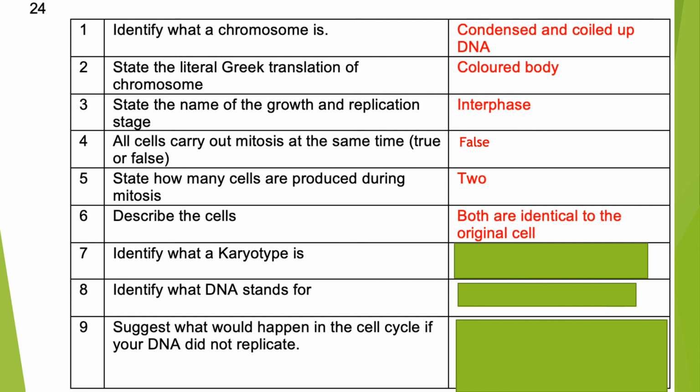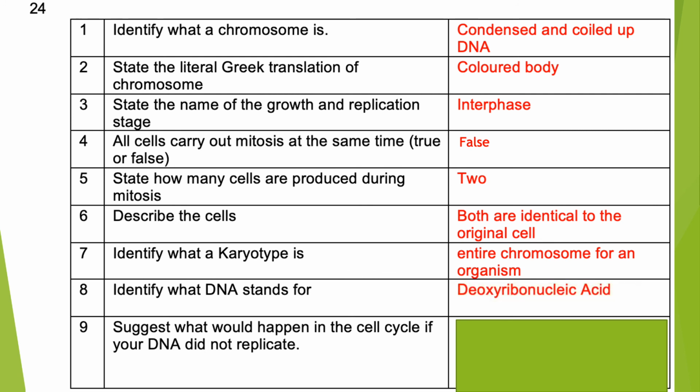Number 7, identify what a karyotype is. So going back, a karyotype is the entire chromosome for an organism. If I asked you what's the karyotype of a human being, you would tell me 23 pairs of chromosomes, or you can show me a picture of all 23 chromosomes. Sorry, all 23 pairs. Number 8, identify what DNA stands for. So DNA, very simple, stands for deoxyribonucleic acid. Okay, so those 8 questions, please make sure that you can answer them quite easily because this is the meat